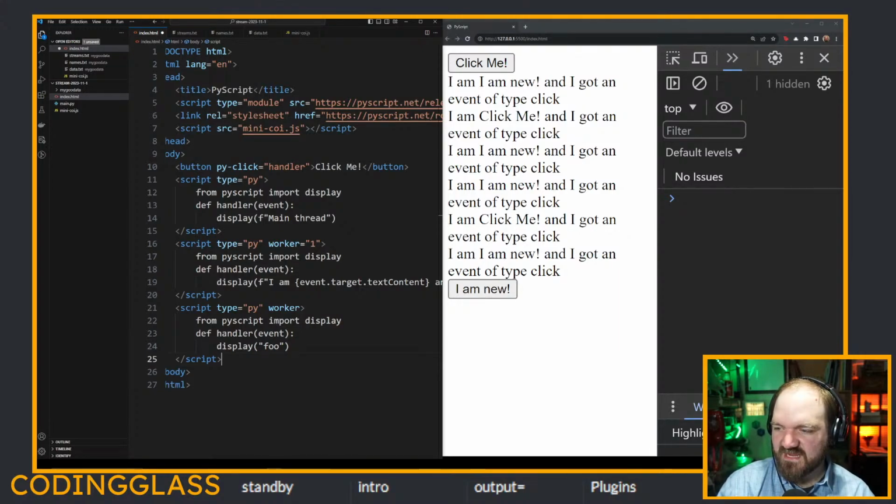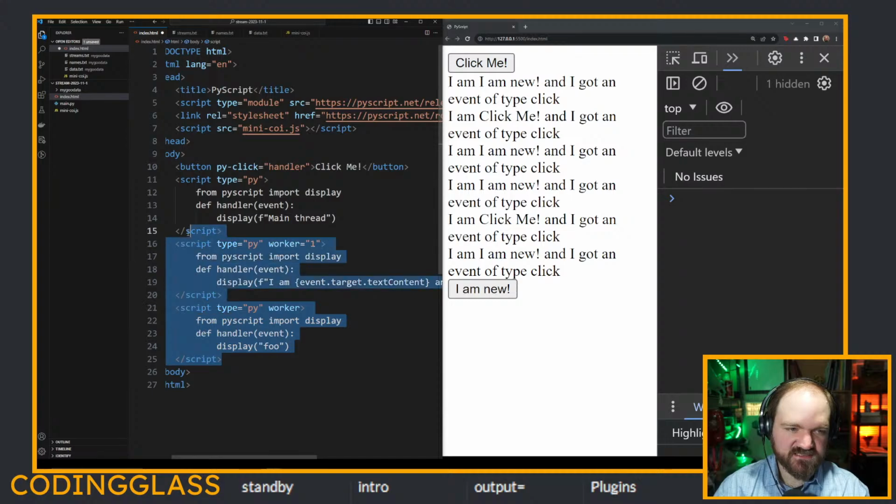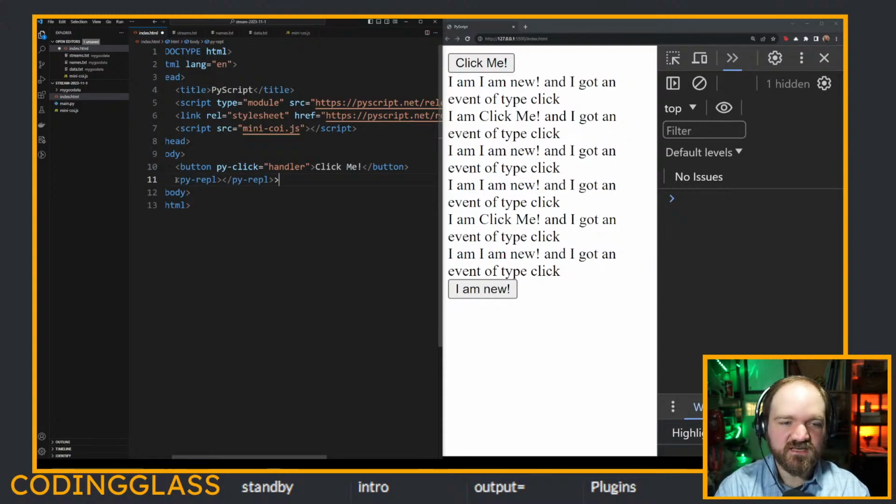Let's see. I think we've touched on from PyScript import. That's a totally different thing. I guess the one major thing that I want to touch on is this. Here is the one feature that we have not re-implemented in the new version of PyScript, the thing